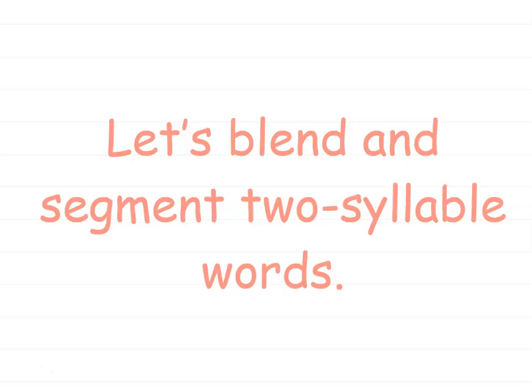Next, we have the word nodded. The first syllable is nod. N, o, d. The second syllable is ed. Ed. Your turn. When I say some more two-syllable words, I want you to use thumb finger taps and segment